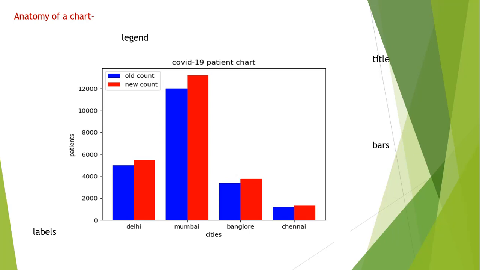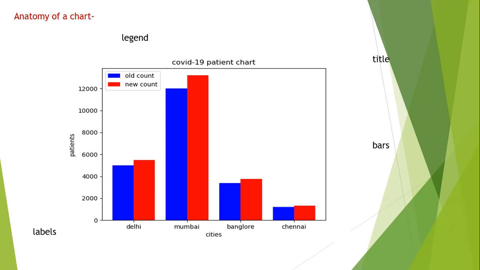If you want to give markings on the x-axis, the markings are already there by default, but if you want to keep markings of your own choice, then you give these tick marks. For example, here Delhi, Mumbai, Bangalore, and Chennai were not mentioned by itself, you have mentioned them. If you do not mention them, it will take a default marker and mark it. So these x ticks and y ticks are used for giving specific markings of your own choice.